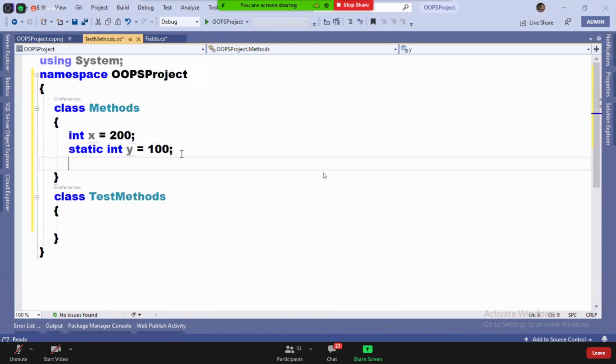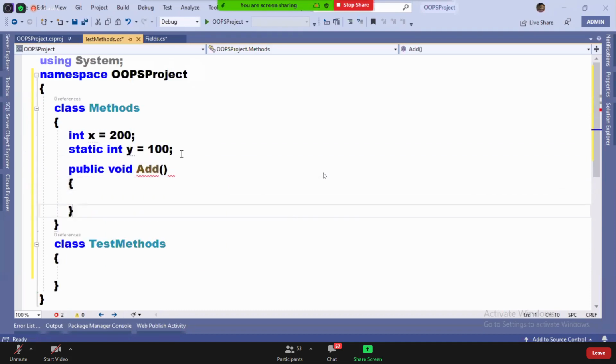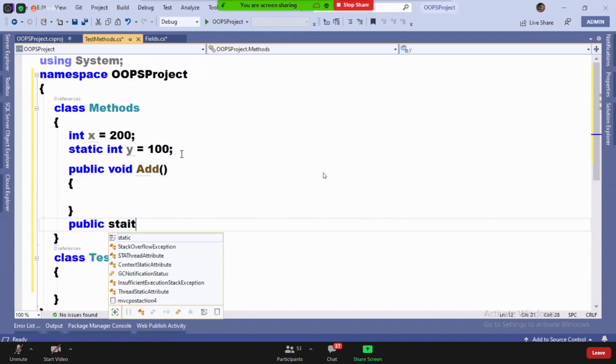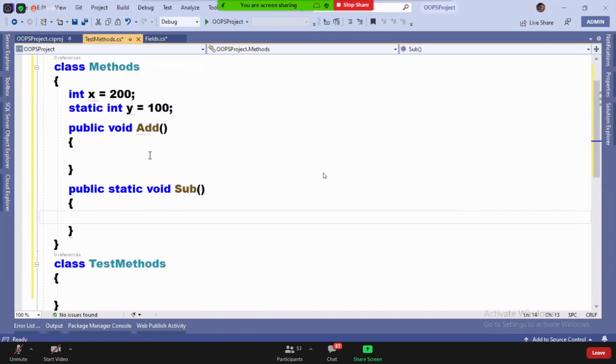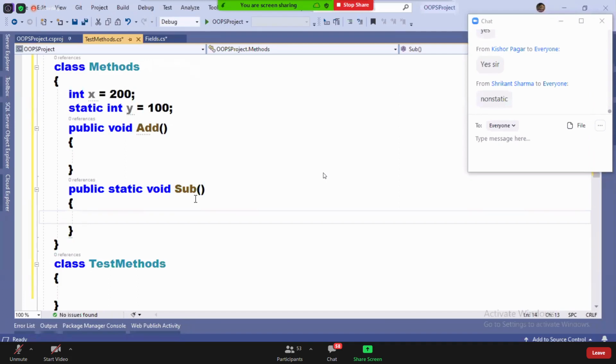Now here guys, watch. I want to write a method, public void add, and public static void sub. Now guys, tell me, the first method is non-static and the second method is static.